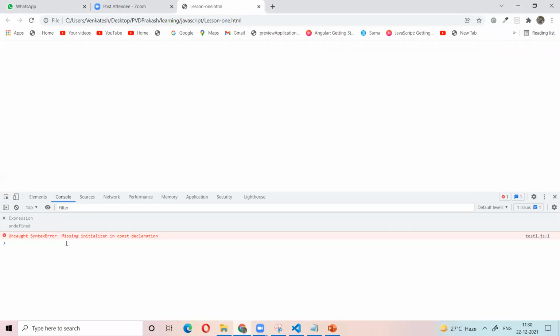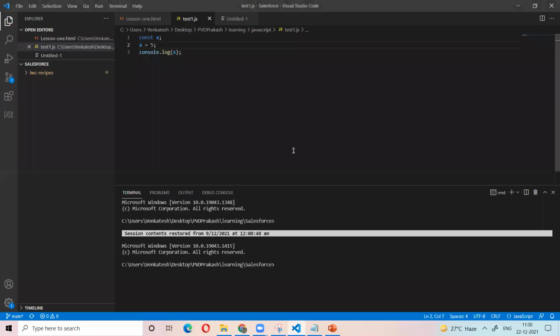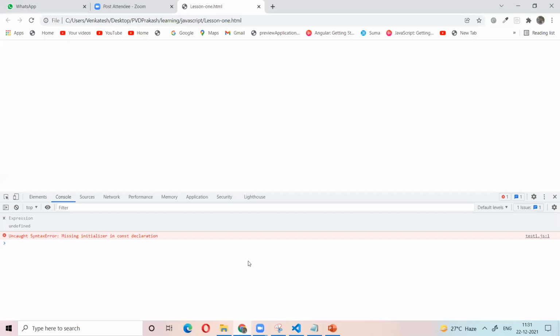It gives the error. Why? For a constant, the declaration and assigning of the value must be in the same line. So it must be like this. Now 5.